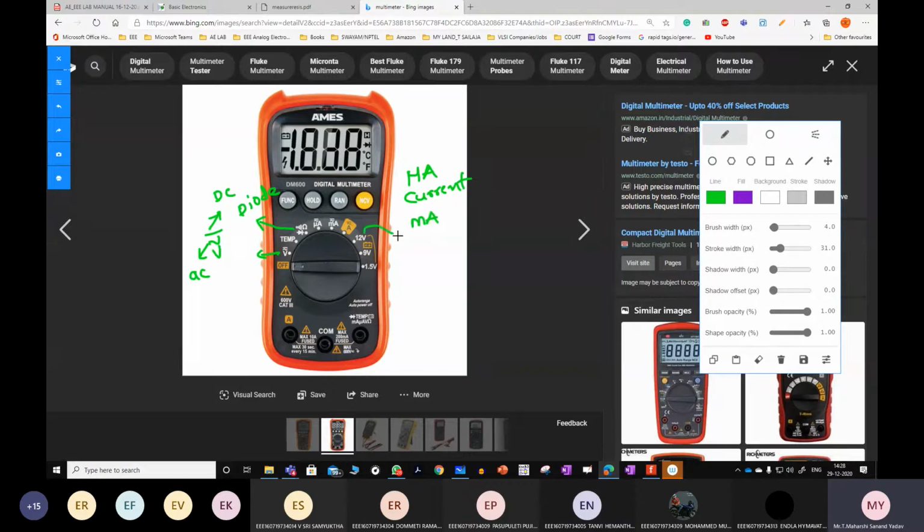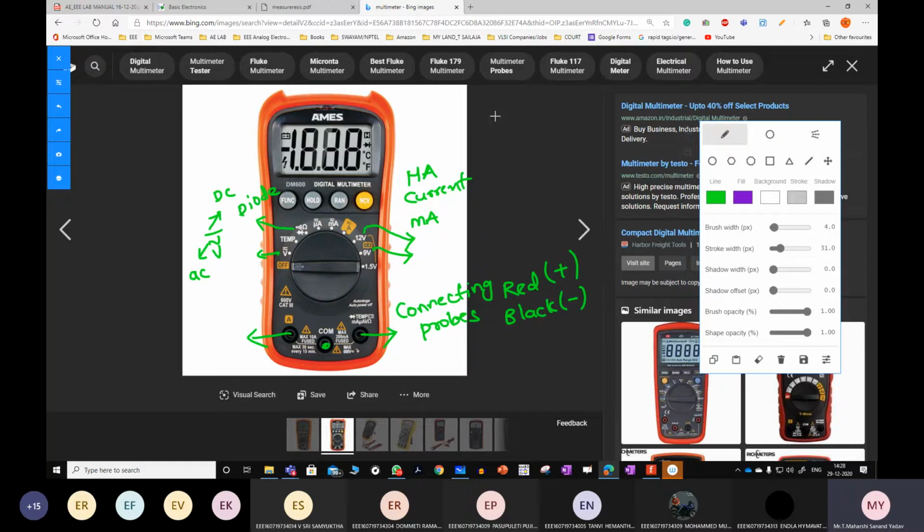Next here, this is 12 volt supply. This is 9 volt supply. And what about these two here? Nothing but connecting probes will be there. One red probe followed by black. This is positive and negative. And this is the common port, I mean neutral.